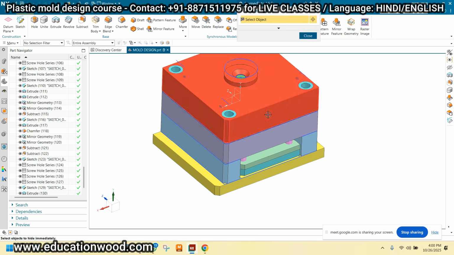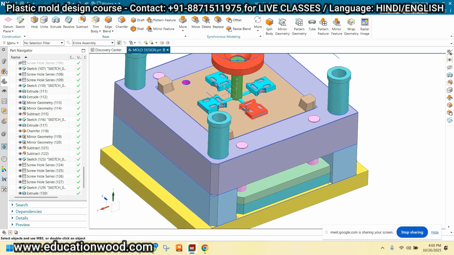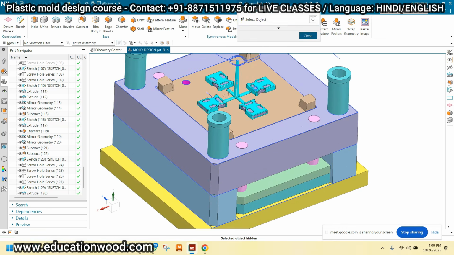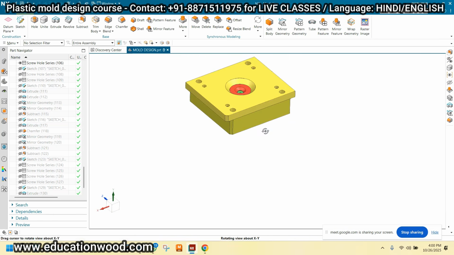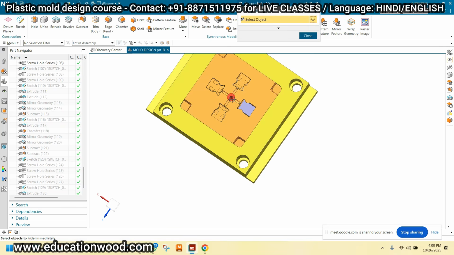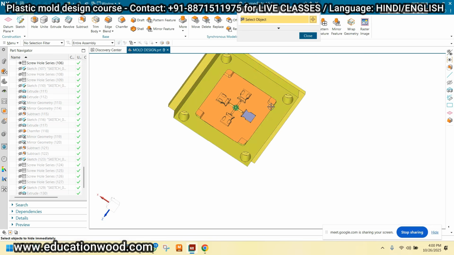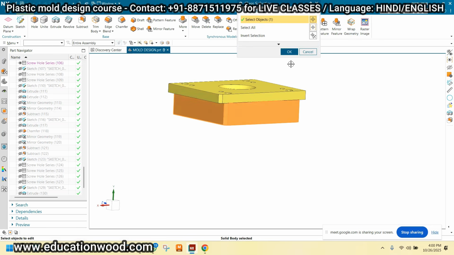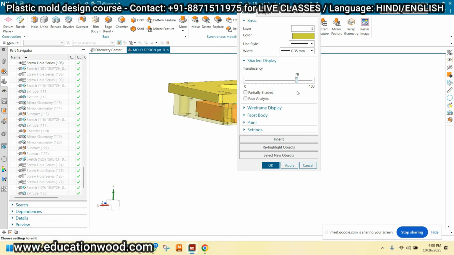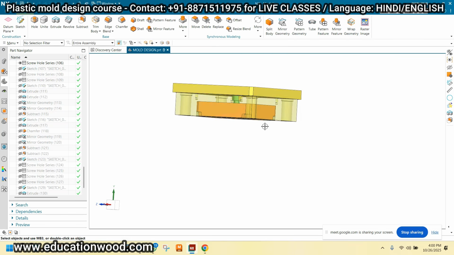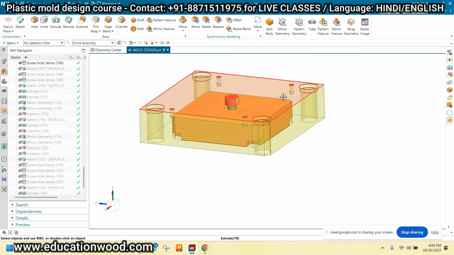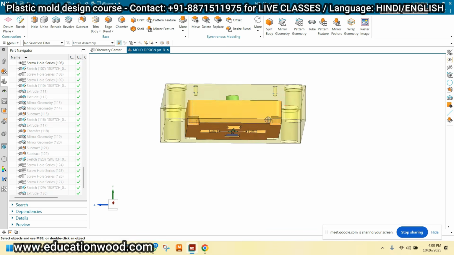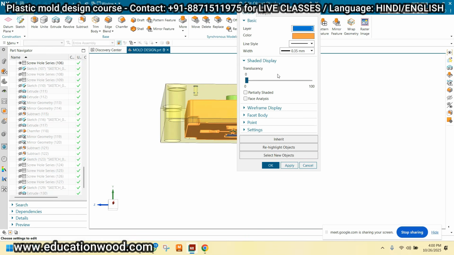Now I have to provide one more thing, which is the cooling. Now how we can provide the cooling? Now I'm just providing the simple zigzag cooling right now. Okay. Now this is the cavity side I have. Like for example, this is the cavity side I have. Okay. Now Control J, just translating this. Okay. See, just hide this also. Now see, again Control J and provide the translucency to this body also.